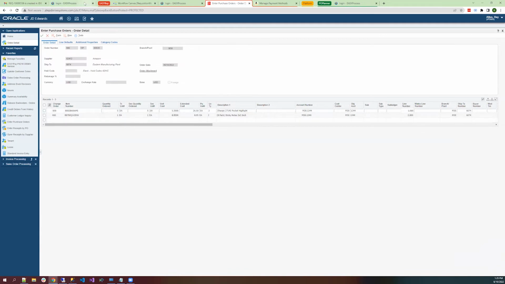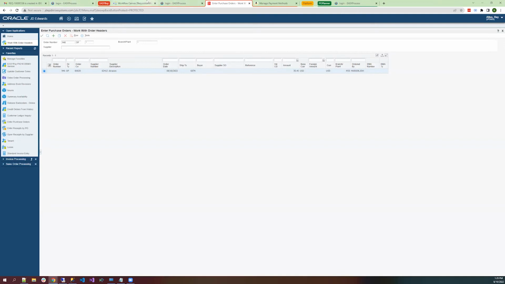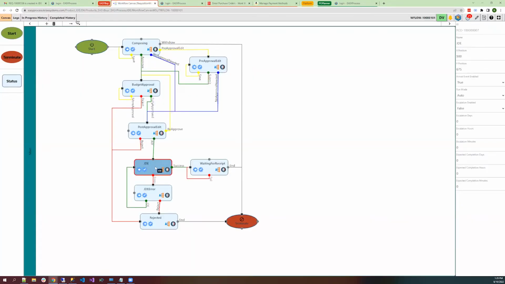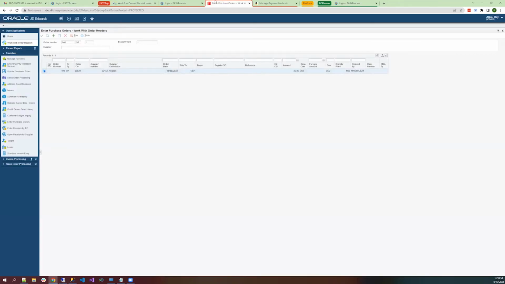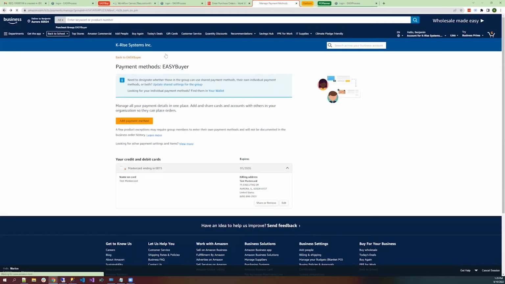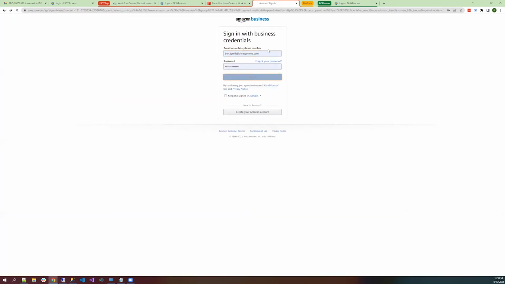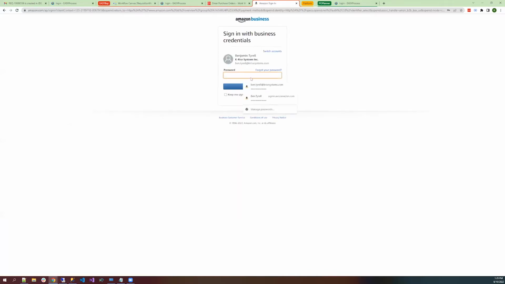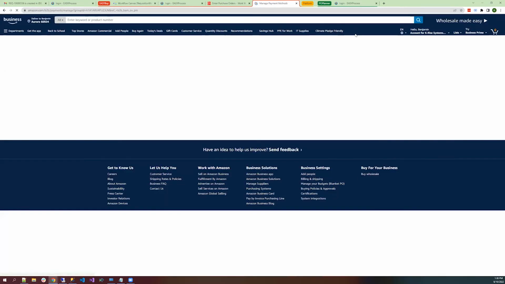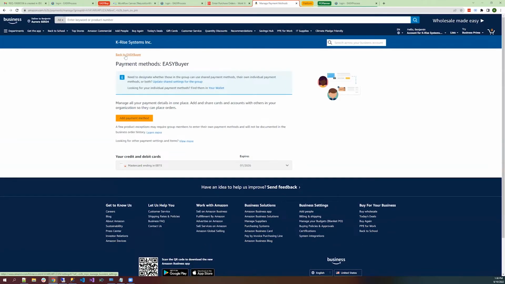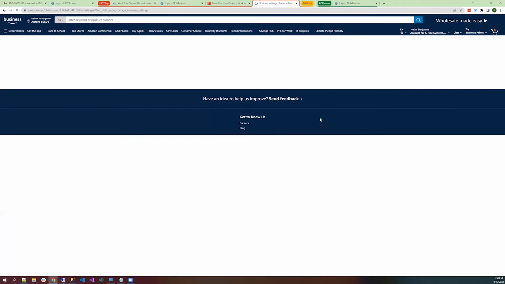Another thing about the Punchout integration is once that's created in JDE, it simultaneously sends a request to Amazon to turn that purchase order into a sales order on their side, to finalize that order. That might take a little while just because they do it in a batch, but I can show you an example of a PO that was created and how you can view that in the Amazon Business Portal.